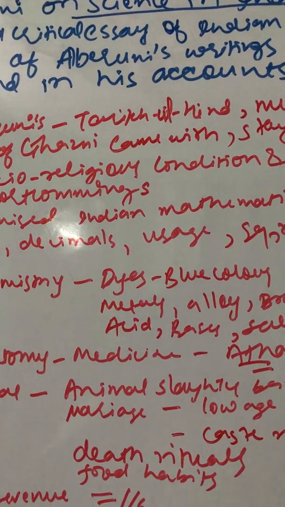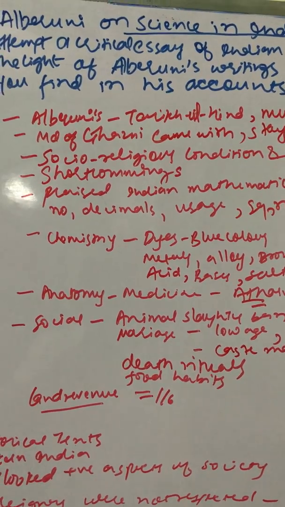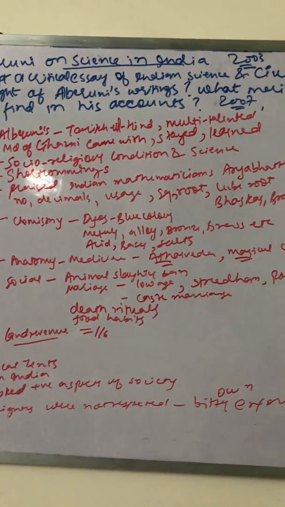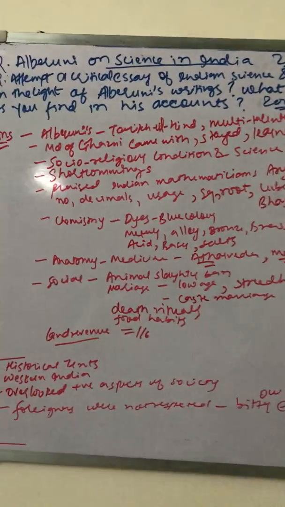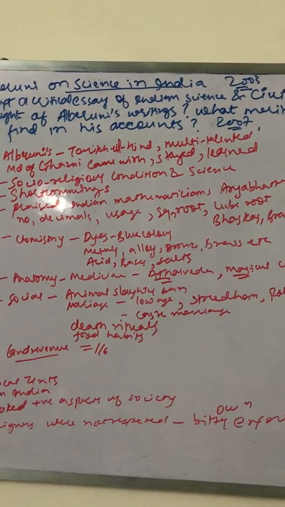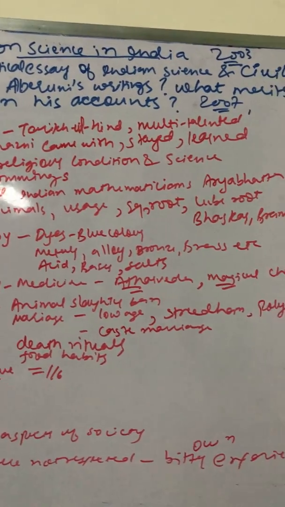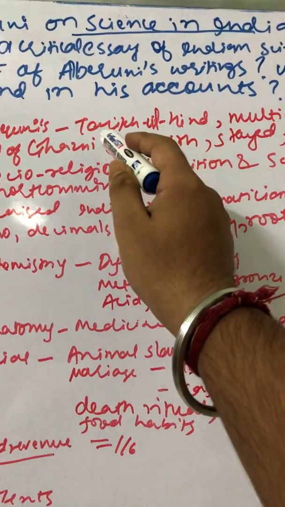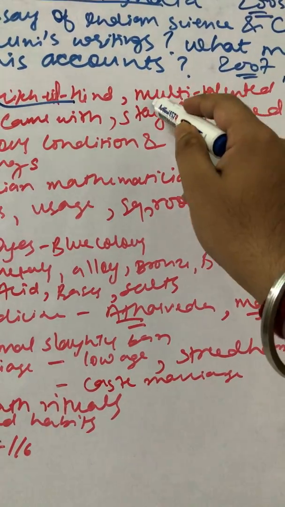After 2010 also, a question came on Alberuni in the form of a short note. So any day you can get a question on Alberuni in the UPSC civil services mains examination. So you can introduce Alberuni in one or two lines, write a few facts, and then start writing the content. Alberuni's book was Tariq-ul-Hind,